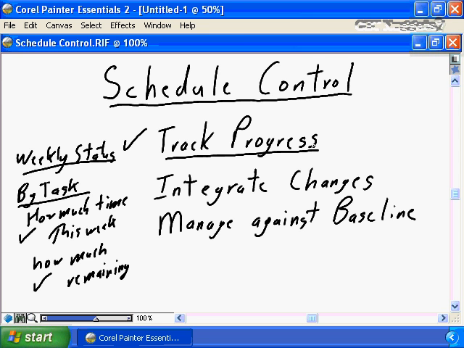And unfortunately, the first week they do your status, it probably will take them hours of time to produce that detailed weekly status report. They're going to sit there, they're going to scratch their head, and they're going to say, I don't remember how much time I spent on Monday. I don't remember what I was working on Monday. I'm not sure I remember Monday. It's going to take a while for that first weekly status report at the level of detail that you need